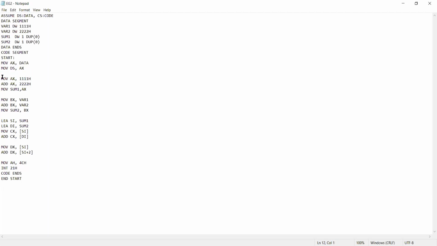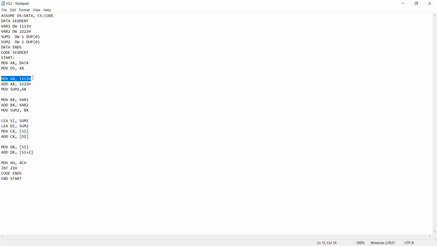Next, when we look at the next two statements, first MOV AX, 1111H. In that context, we are moving that hexadecimal value into the AX register. Which addressing mode is that instruction using? That is called immediate addressing mode.